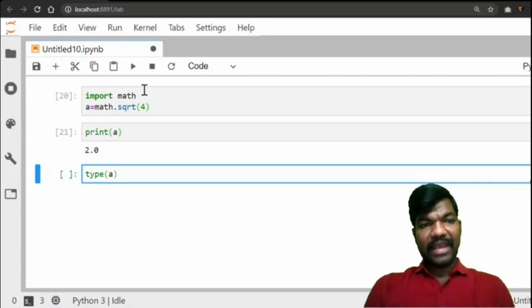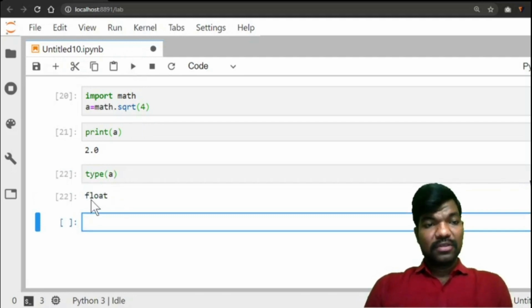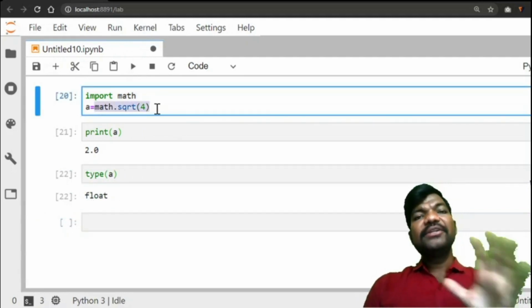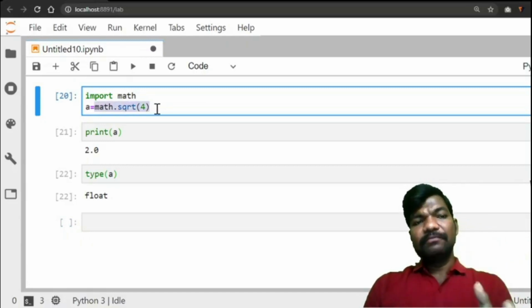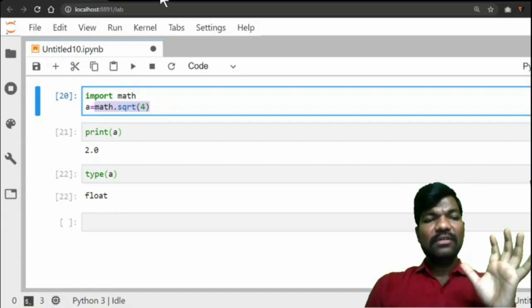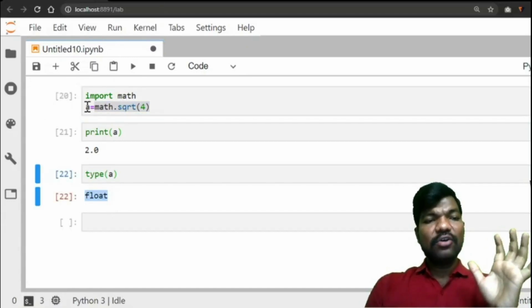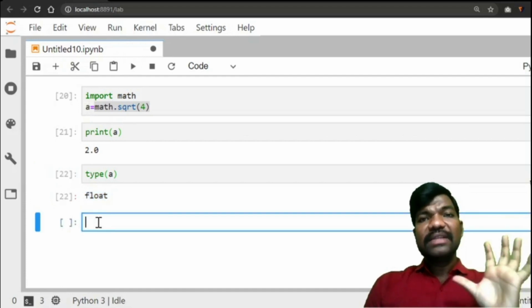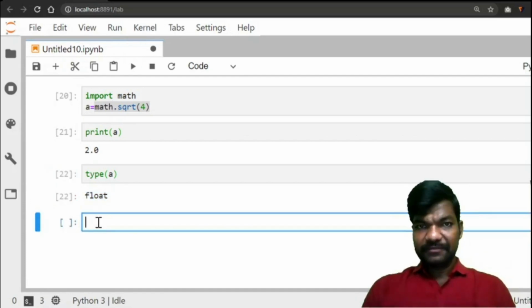Type of a is float. After executing this function, it returns some value, that is a float value. That value is assigned to a. So this is a fruitful function.